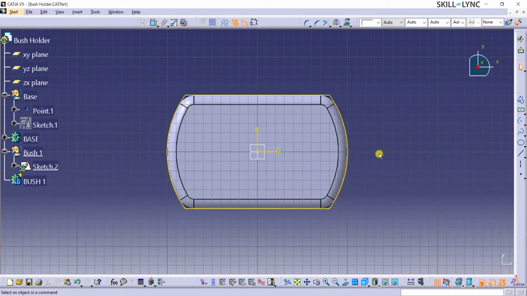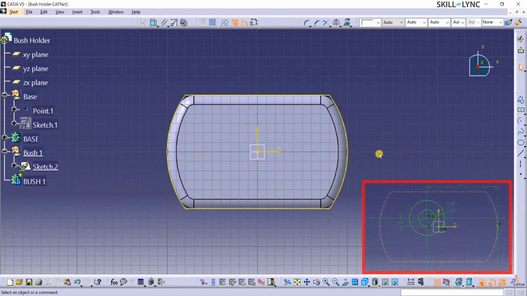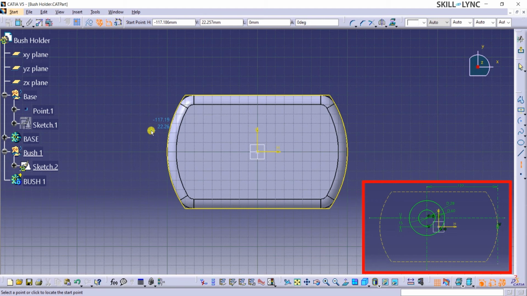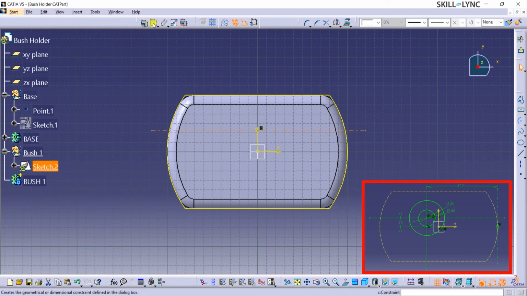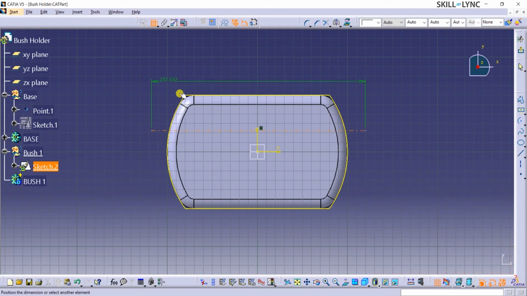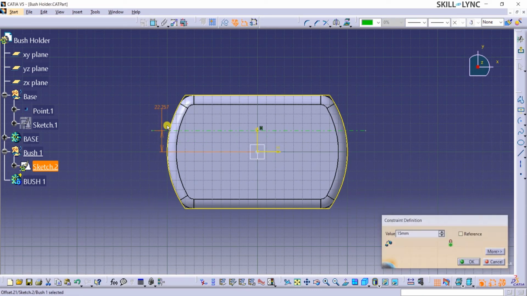Next, I shall draw some reference axes to obtain a certain point of the bush as per the dimensions shown in the drawing. To do this, I can select the Axis command from the Profile toolbar and draw a horizontal axis above the origin. Let's define the distance from the yellow horizontal axis to the axis as 15 mm. Now, this axis is fully constrained.